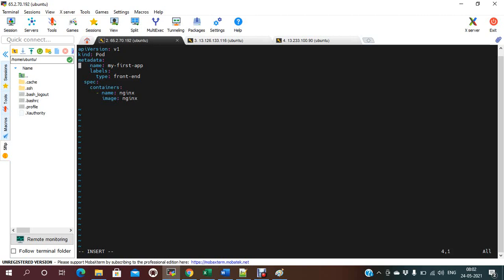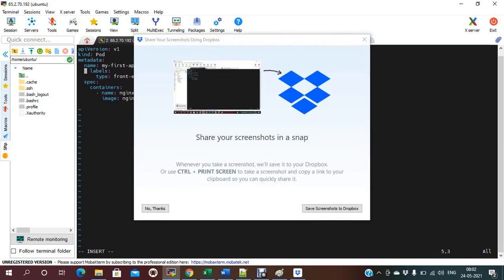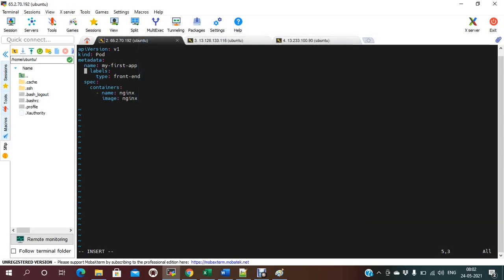You just need to give the pod name, labels, type front end, and under the specification I just need to provide the container details.